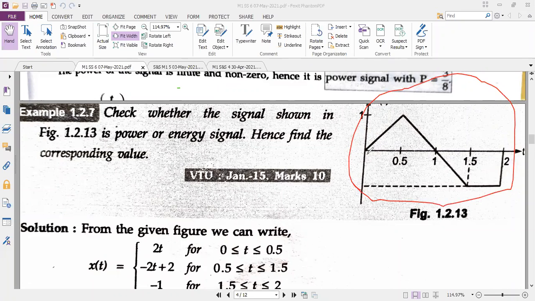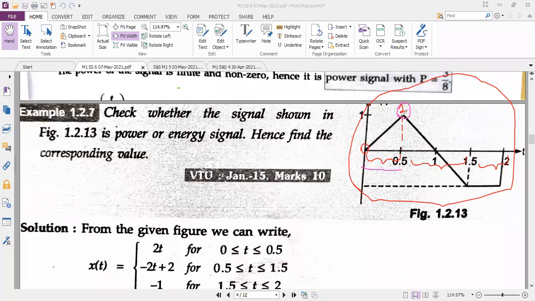What I'm doing is, see, from time t equal to 0 to 0.5, I can see there is a change in the amplitude from 0 to 1. So I'm splitting the time like this: 0 to 0.5, then 0.5 to 1.5, where the slope moves from 1 to -1, and then 1.5 to 2. I myself am splitting the signal like this. Up to this, everyone understood? First I'm taking 0 to 0.5, because initially it was 0, later it moved to 1.